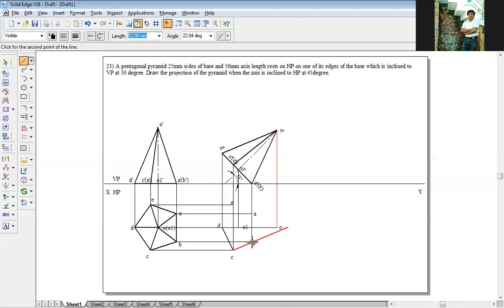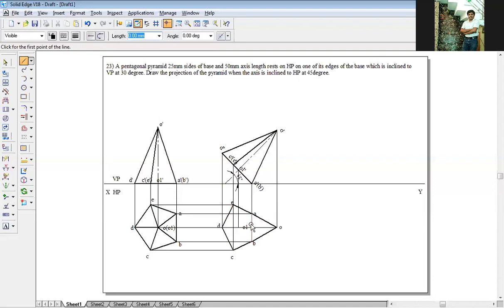It is correct. B, further if I extend, the O point is coming inside, so I have to click on B, then click on O. Again the same thing, A, further if I extend, you can see the E point is coming inside, E and then back to D, right?